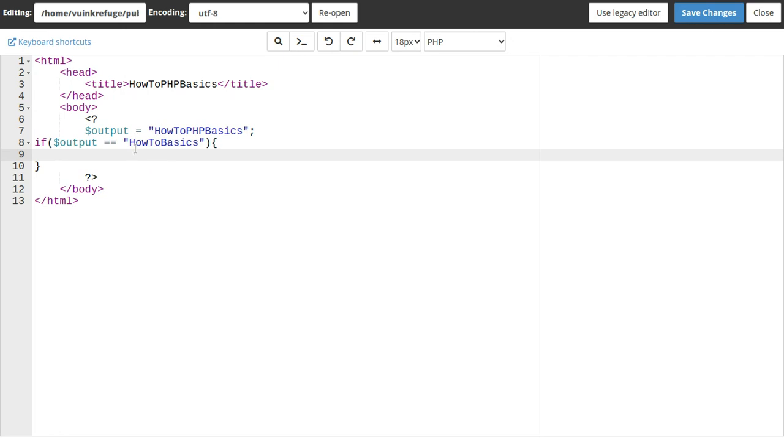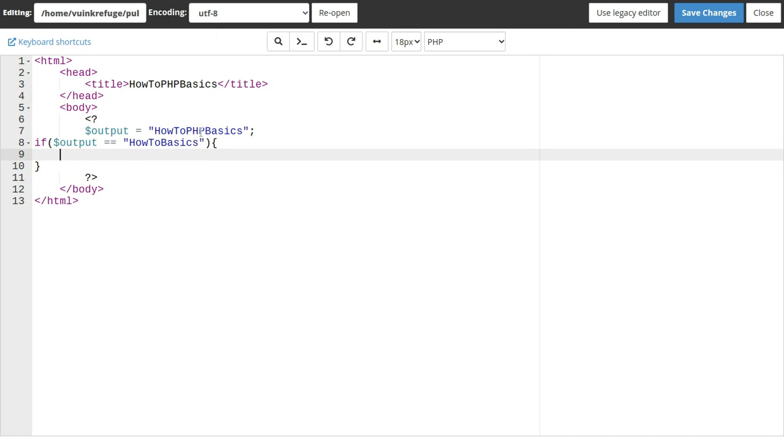Depending on your system or server, it auto closes it, so that will happen. So if $output equals this,